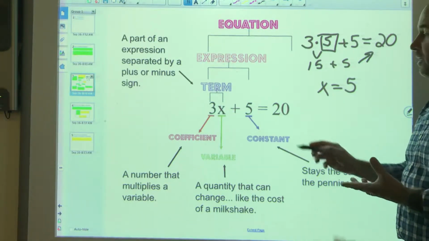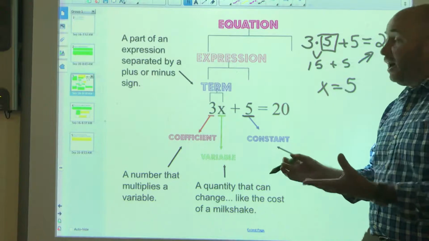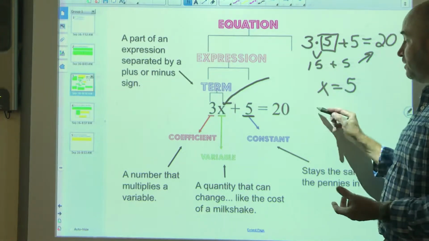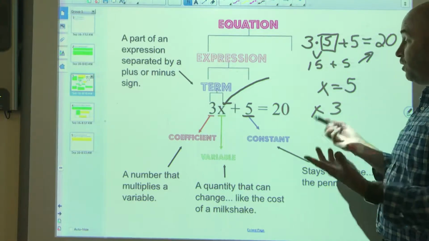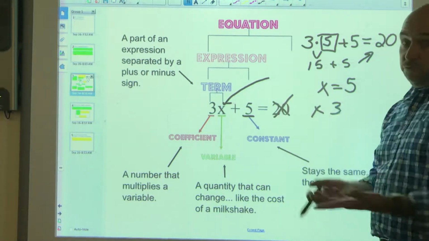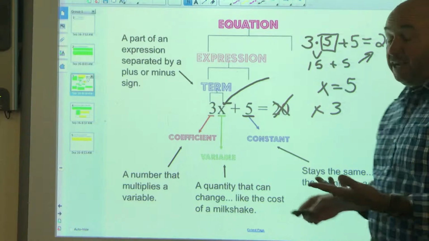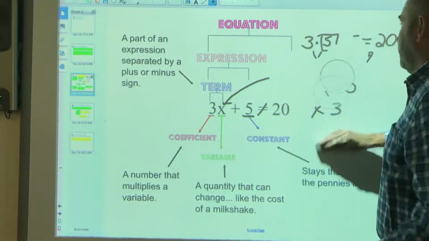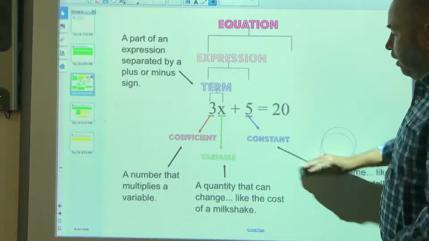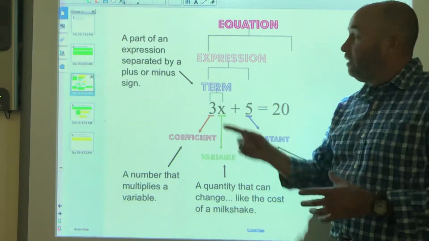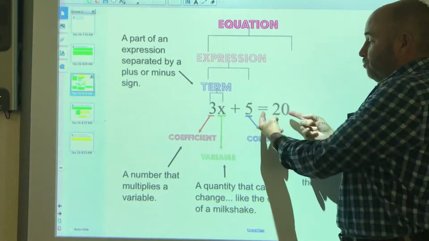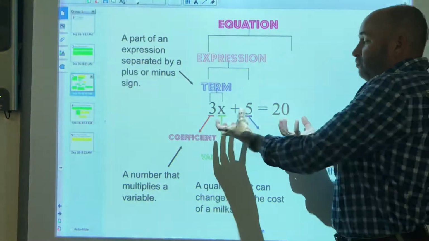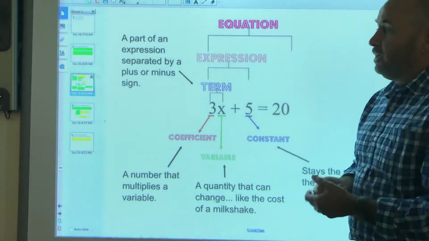Now, here's the thing. This constant is 5. But again, in a different situation, that x might be a value of 3, and in which case, it would not equal 20. Okay, so you would have a different answer, or you would have an inequality. Okay, it does not equal. All right? So those are the parts of an expression grown into an equation by putting the equal sign in there and giving equal values on both sides. All right? Now,